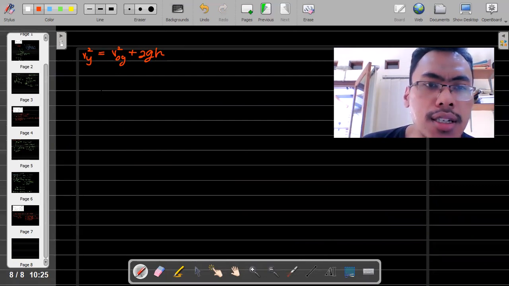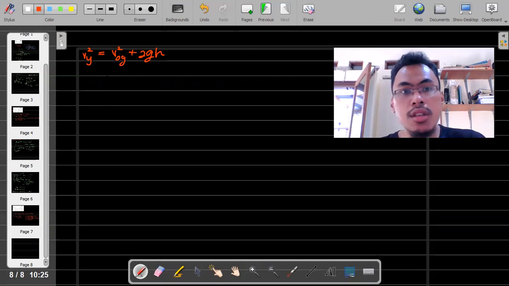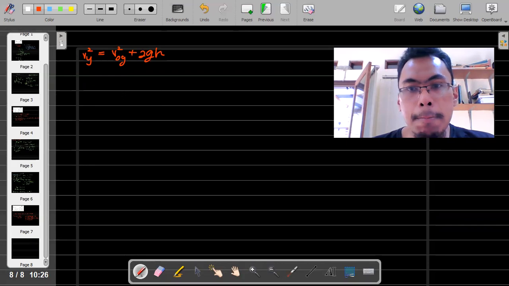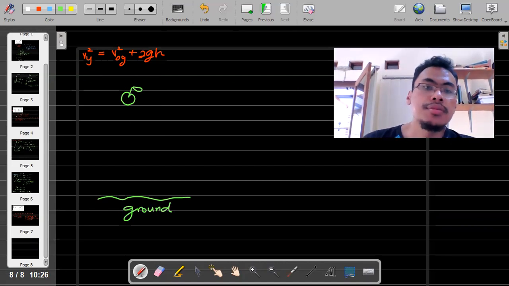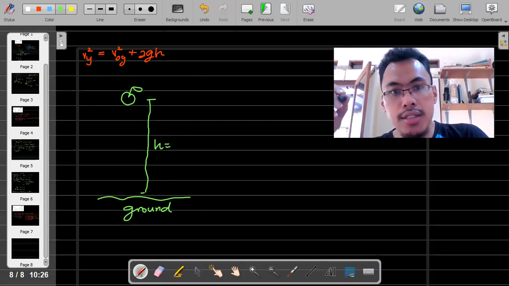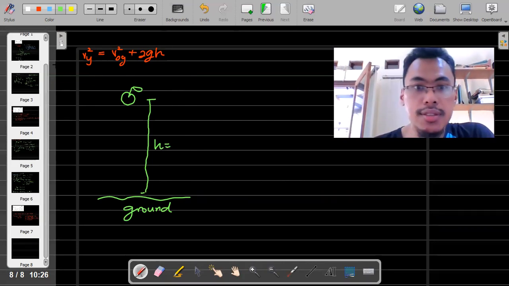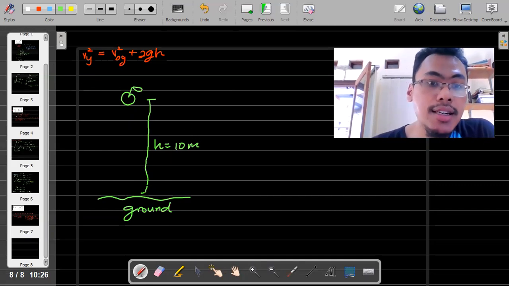Let's say I have an apple, we are still going to use the apple, and this is the ground. The height between the ground and the apple is, let's say, 10 meter, and the question is how much